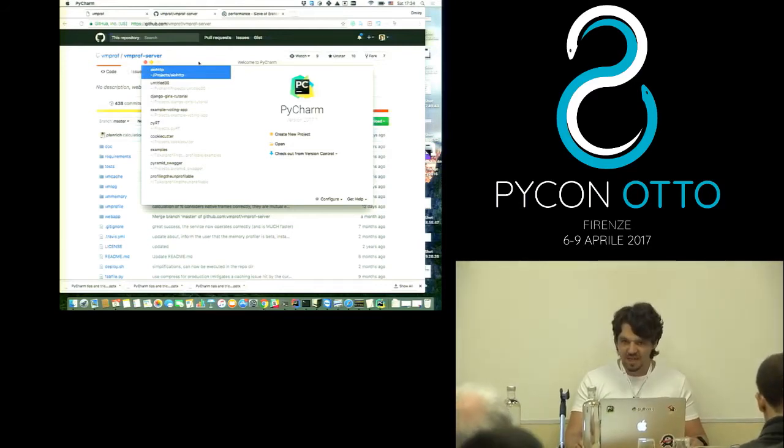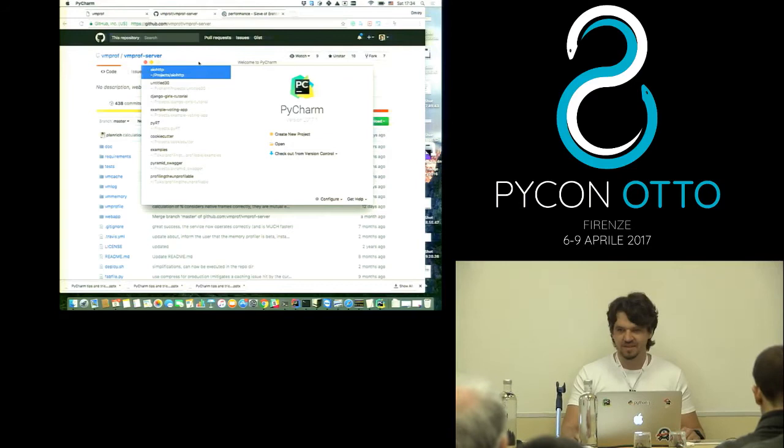My goal for today is that everybody in this room will come out having learned one new feature of PyCharm. So the bar is quite low. But